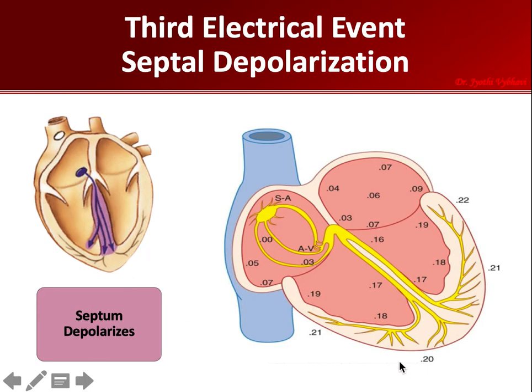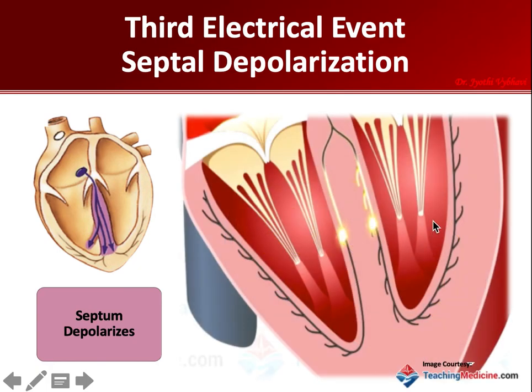The septal myocardium is stimulated by the left bundle branch and not the right bundle branch. Why? Notice this here, this is the left bundle branch, and it has branches here. Can you see them? So beautiful. But the right does not have them, it just continues down here. These left bundle branches have connections which stimulate the septum.